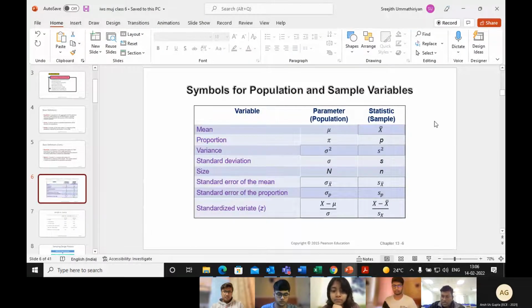Now, when you calculate the mean of the population, you use the term mu, and the same value when you calculate for the sample, you call it x bar. So what you calculate for the population is a parameter, and what you calculate for the sample is called the statistic. Similarly, anything that you calculate, whether it's proportion, standard deviation, or any of the other standard variates, whatever you calculate,